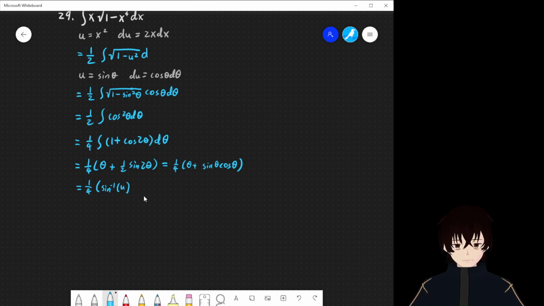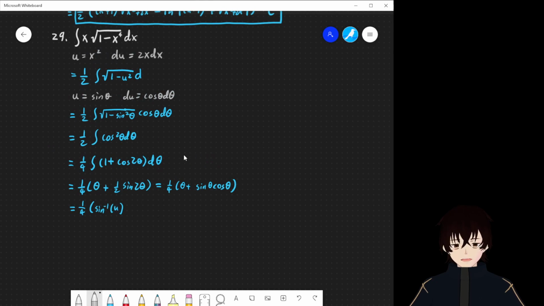So if that is the case, and we draw a little triangle, I think we can get a much cleaner answer. Sine is opposite over hypotenuse. There we go. So now we plus